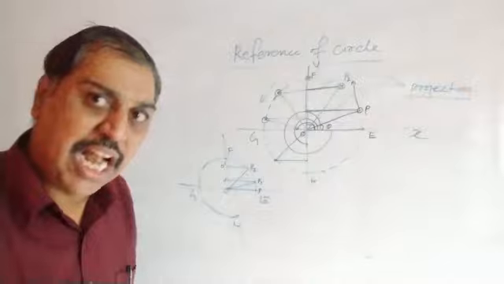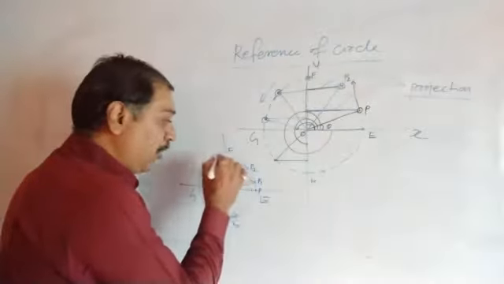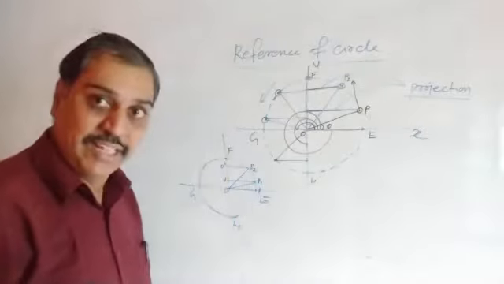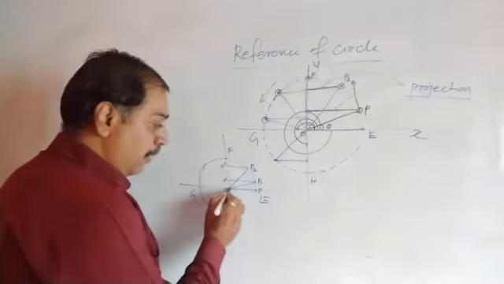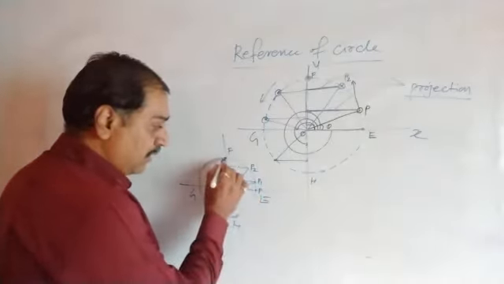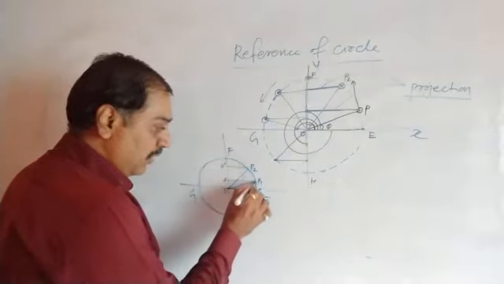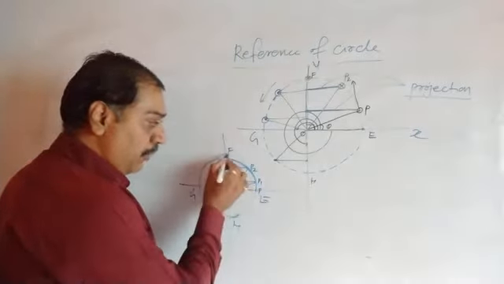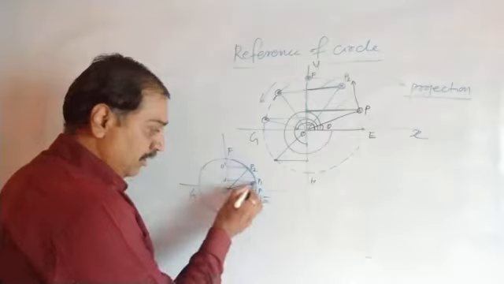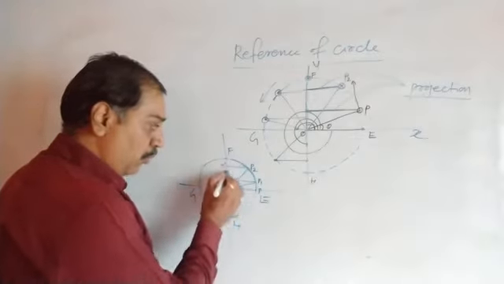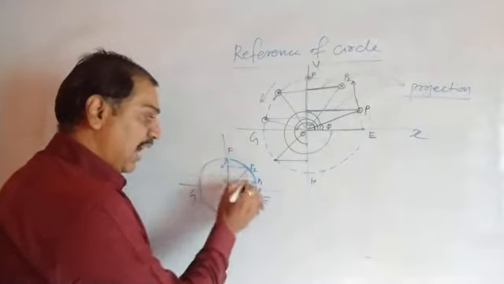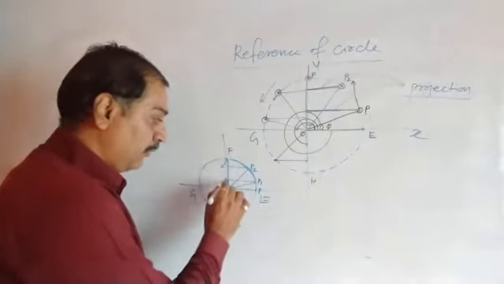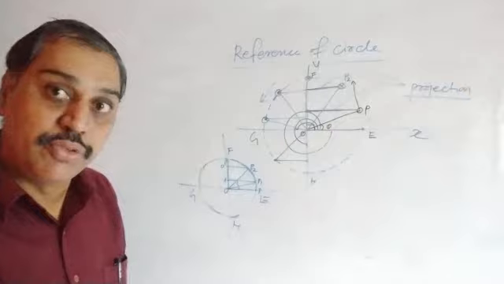Where is the projection? At its own position. Here is the projection, here is the particle, exactly at the same time. Both are at the same point. So what will occur? When the particle moves along this circumference from E to F, this projection moves from O to F. It moves upward within this 90 degree angle.